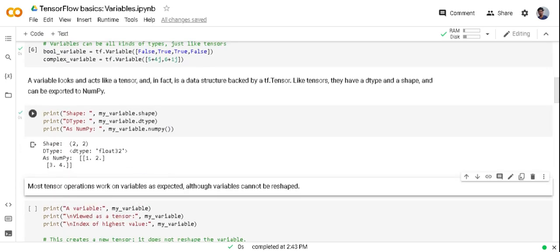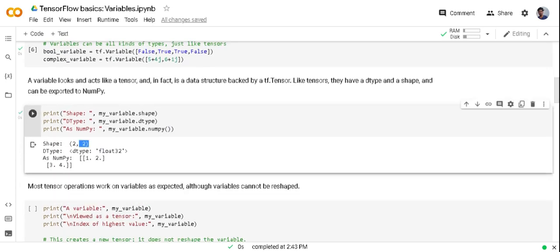Here you can see in output shape is 2 by 2 and extracted as numpy, and data type is float32. I'm sure you have remembered this operation from the last lecture, but it was on tensors. Now it is on variable. So it means we can do operations on variables also, because as I said earlier, backendly it is a tf.tensor.